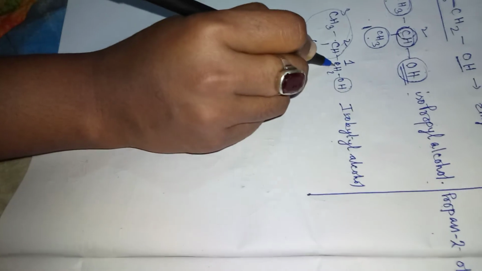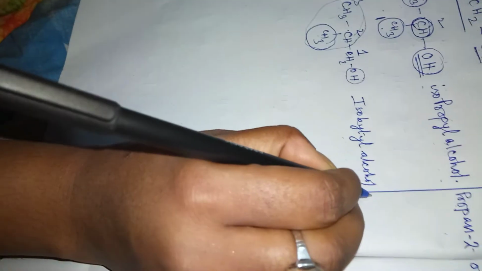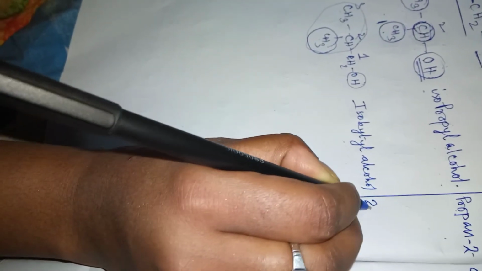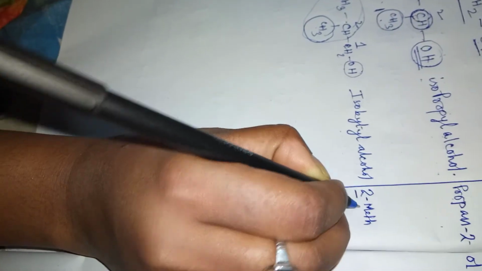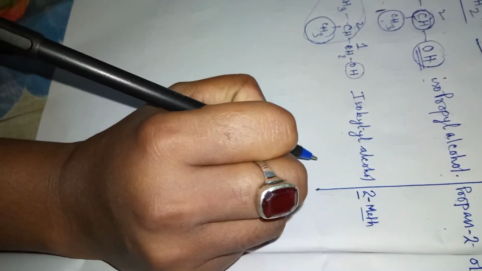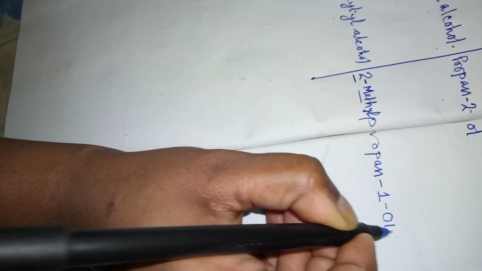So this carbon is getting number 1 because it contains the functional group, and in the second position a methyl is there. So what will be the name? It will be 2-methyl. After the 2, please give a dash: 2-methyl. Numerical and word are differentiated by what? A dash. 2-methyl, then 1, 2, 3, this is propane, and after that we will not write the E, then 1-ol, in the 1 position the OH is there, so 2-methylpropan-1-ol. This is the IUPAC name of this compound.